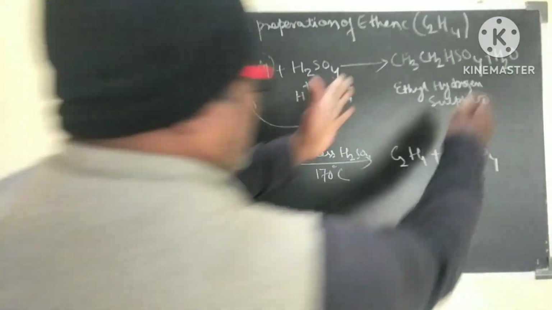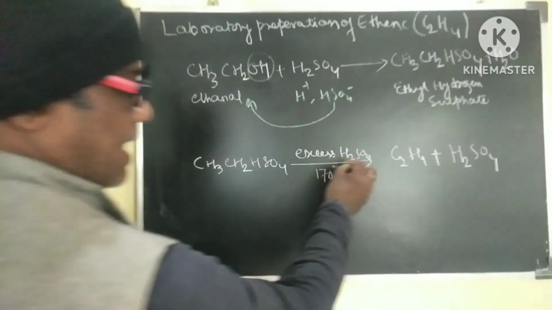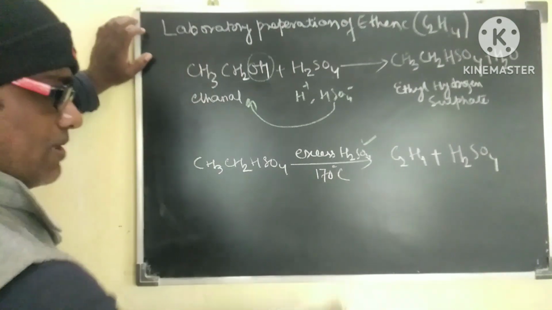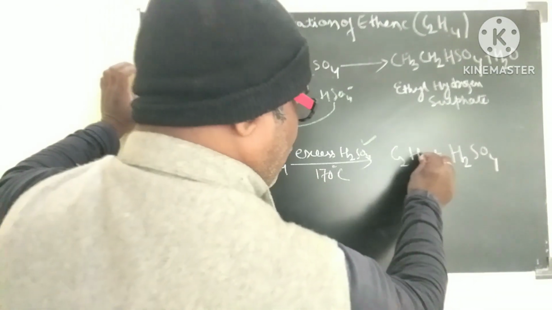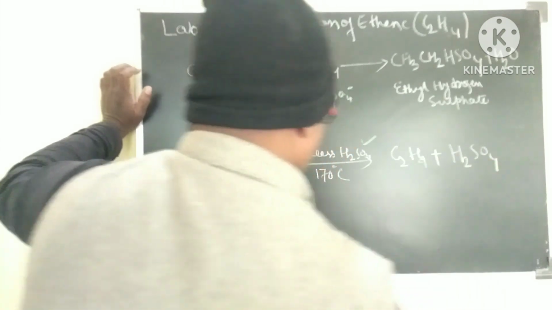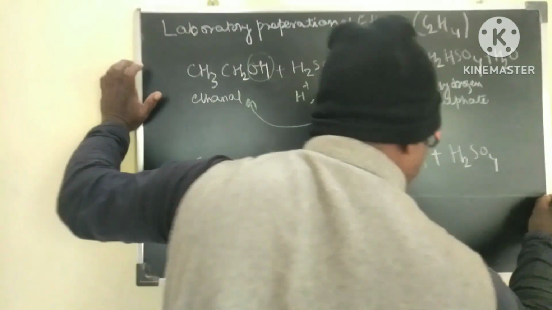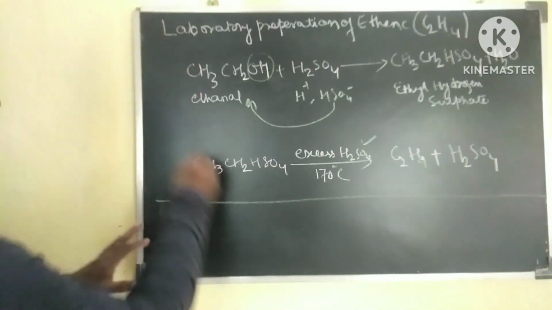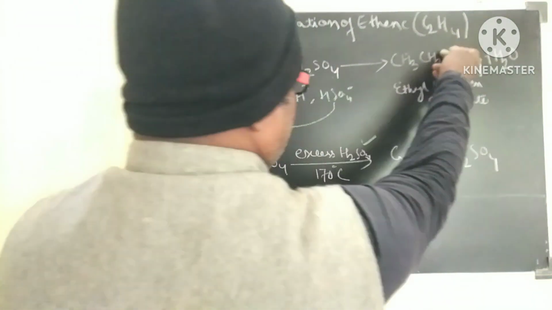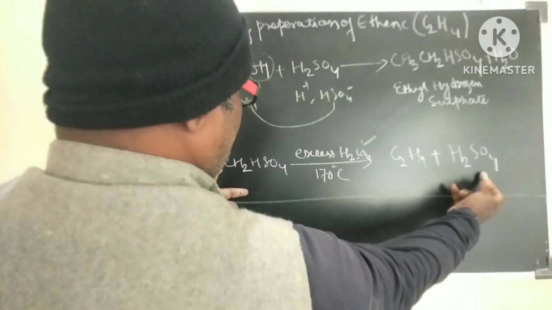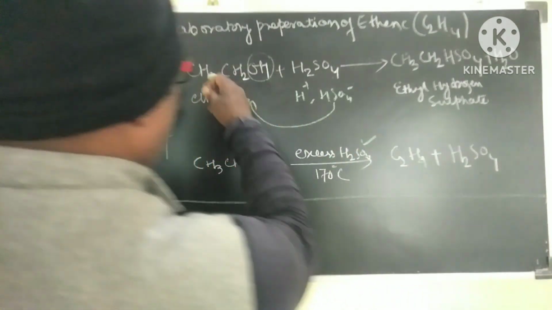Next, we are taking this part here and putting excess of H2SO4 at 170 degrees Celsius. We are getting C2H4. This is C2H4 plus H2SO4. Now, this is the complete equation, and if we add this, see here, this gets cancelled off with this, and this gets cancelled off with this. So finally what we have is